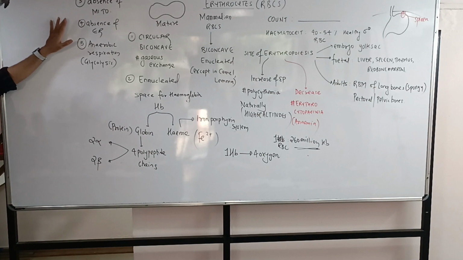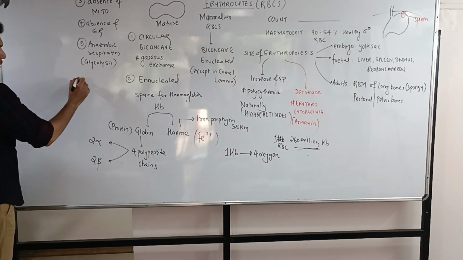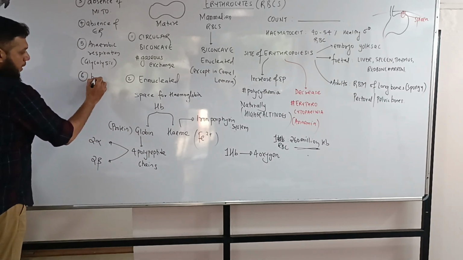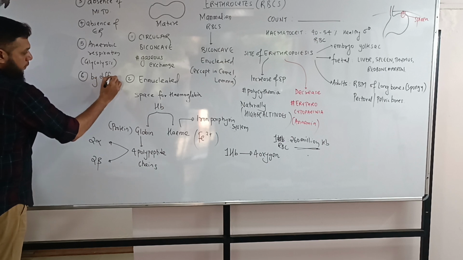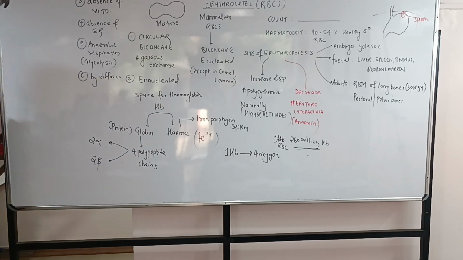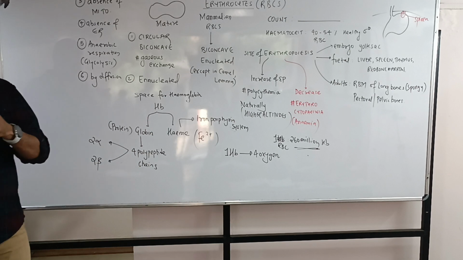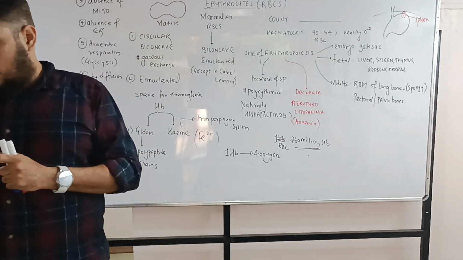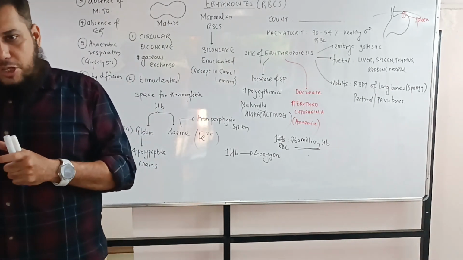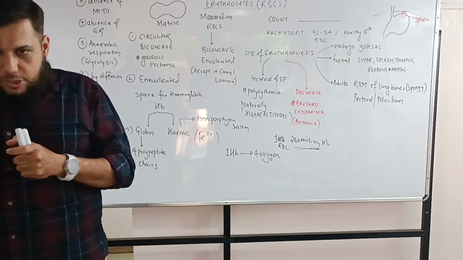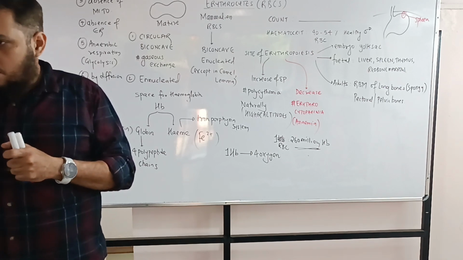आया बात समझ में सबको? Yes or no? Okay. And the movement of RBCs is by the process of diffusion. Okay? Your heart will create a pressure which is called blood pressure, and because of the blood pressure the RBCs will keep on flowing by the process